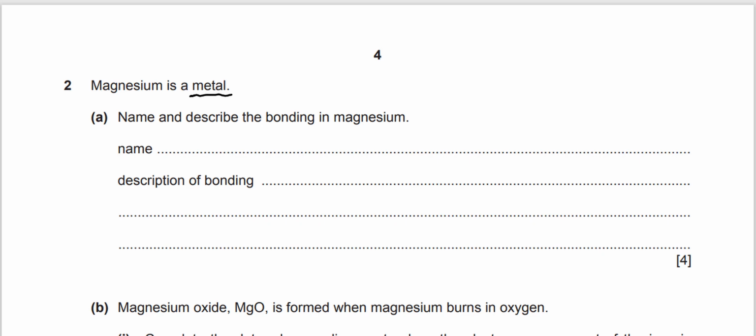The question says, name and describe the bonding in magnesium. Remember, we are told that magnesium is a metal. So the bonding they are asking for is the bonding in magnesium metal. Remember, there are types of bonding. You have ionic bonding, or that's what we call electrovalent bonding,